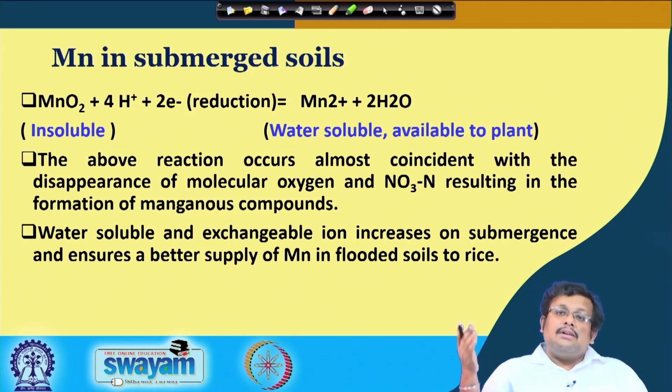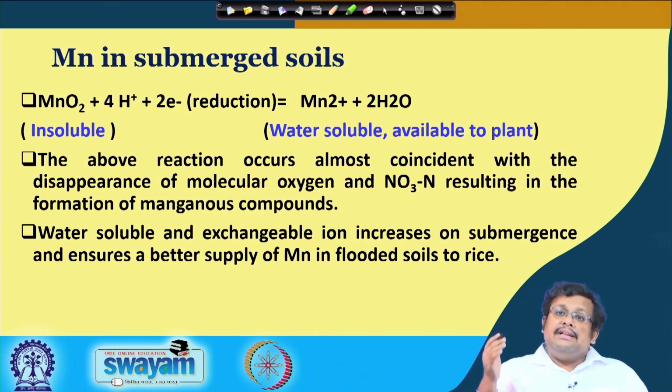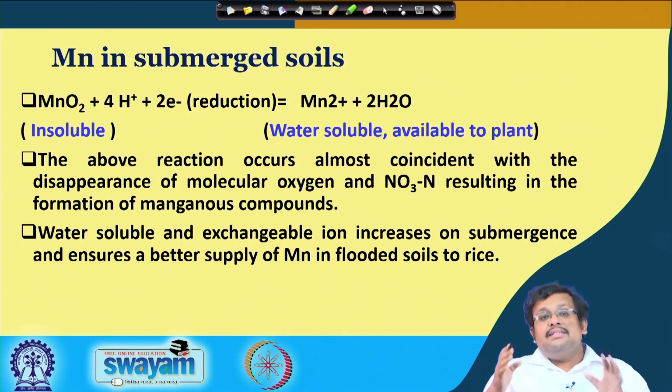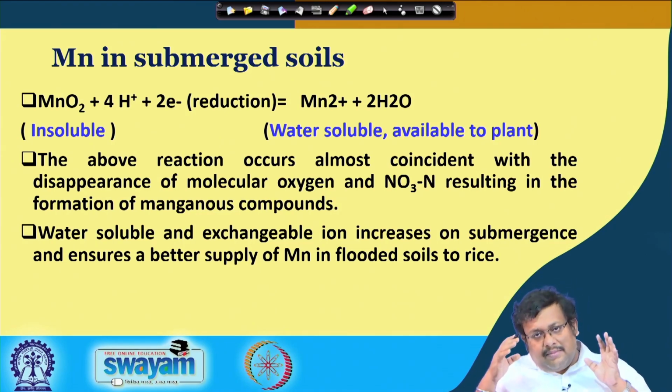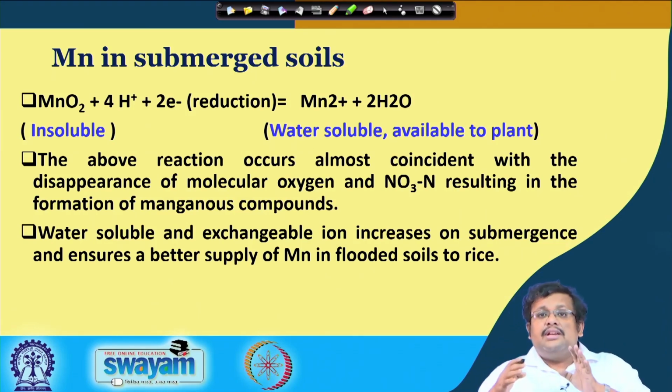So, when the oxygen gets depleted due to the submerged condition and nitrate nitrogen gets utilized by the microbes which are present in the anaerobic condition or facultative anaerobes, then this manganese dioxide MnO2 converts to manganese compounds,